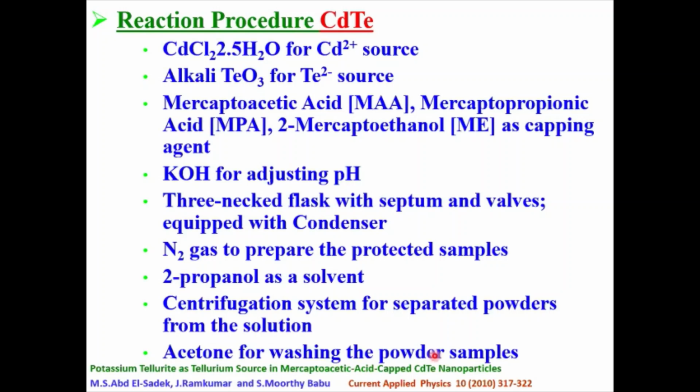So usually we try to use sodium telluride, but in this case, instead of sodium hydroxide, we have used potassium hydroxide for adjusting pH. So we have used potassium telluride as a tellurium source. And for surfactants, we used three different surfactants independently: mercaptoacetic acid, mercaptopropionic acid, and mercaptoethanol. And as said earlier, we used a 3-neck flask with condenser, and all the experiments we did only with nitrogen